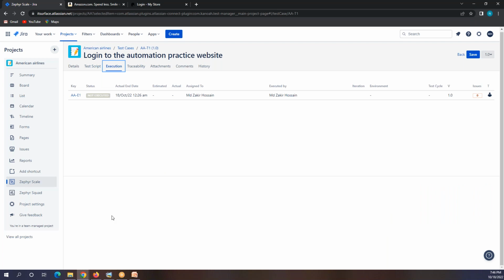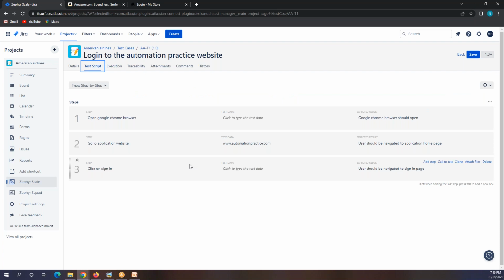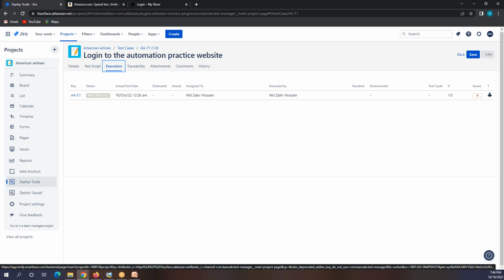Then it comes to the execution. So you have to execute that, right? You just have to write the test cases. It's much better than the Excel. Yes, it's better than the Excel. When we have an Excel sheet, then we have to follow some structure. We have to insert some more columns. But when it comes to Jira, you have to insert the values for these three columns, and I always find it a funny thing, because this is a test script. You're writing the steps here. After that, you have to go to that execution.